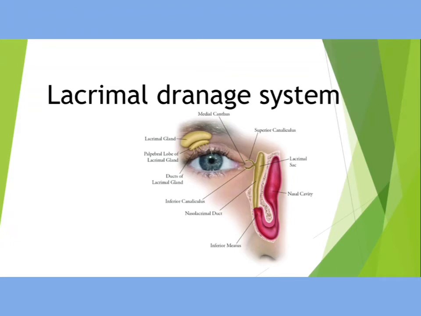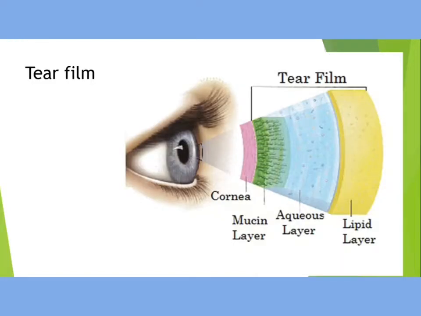So today in this video, I'm going to discuss with you all about the lacrimal drainage system. Okay, so let's start. Before going to the brief discussion on the lacrimal drainage system, let us know what is the lacrimal drainage system. Before that, we need to know what a system is. A system is a set of things working together as a part of a mechanism. It means a set of principles or procedures according to which something is done.